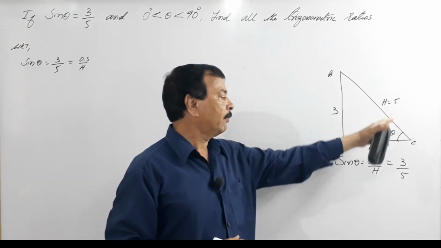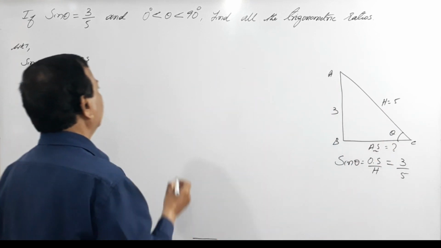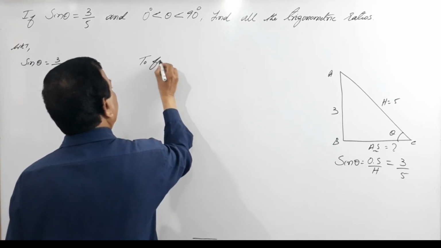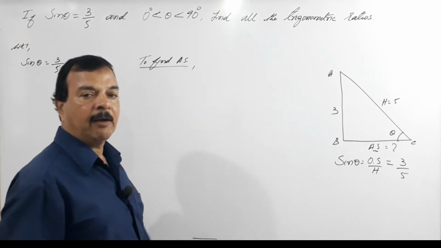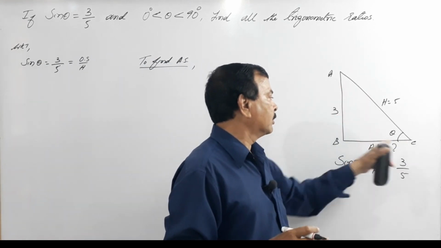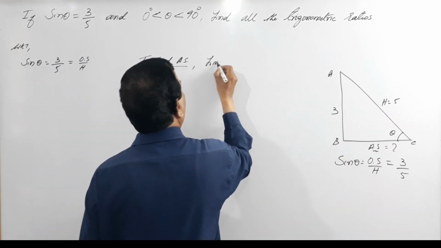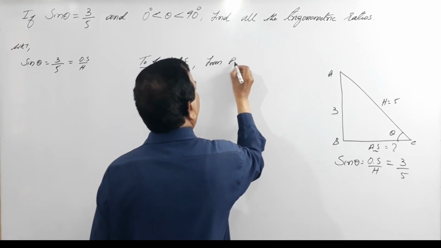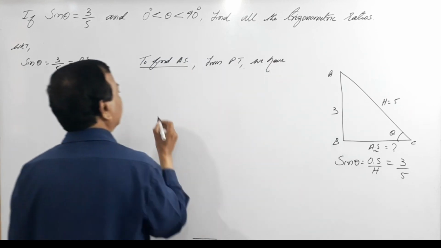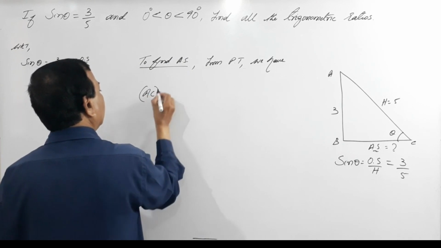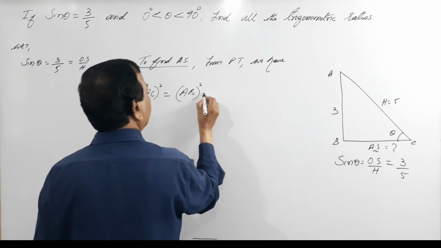Now here, in order to find the adjacent side equals question mark. How to find the adjacent side? From Pythagoras theorem, we have AC square equals AB square plus